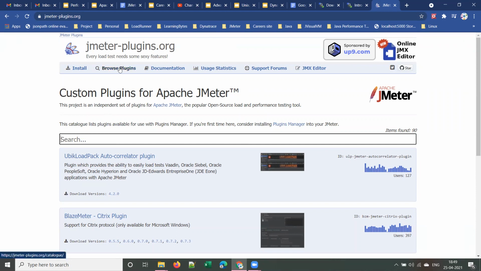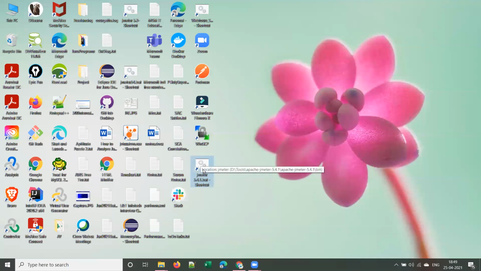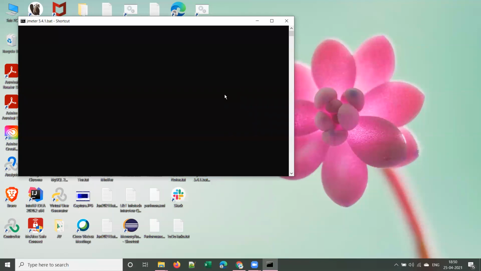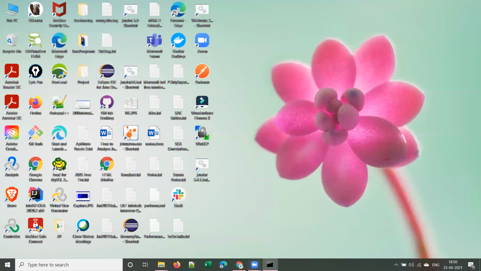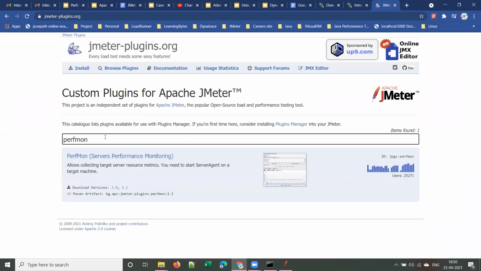The other way is to click on Browse Plugins and search for any particular plugin. I have already downloaded the plugins manager jar and configured it in my JMeter instance.